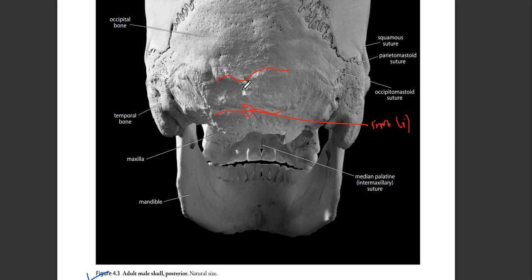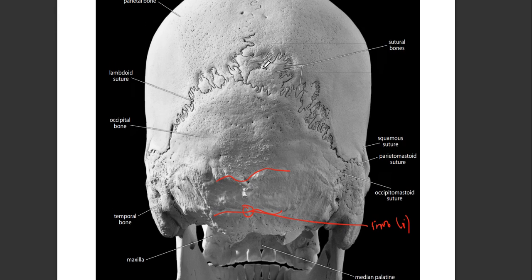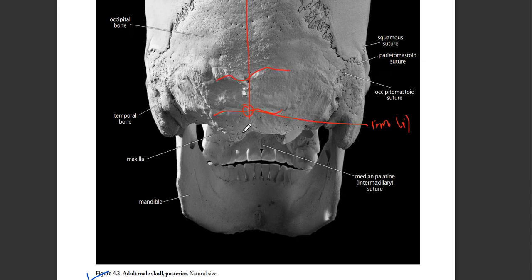Now inion is again a point which is lying on the mid-sagittal plane. So all these points, even the basion, the opisthion, the entire foramen magnum margins are lying on the mid-sagittal plane. That is why they are also important landmarks, because every measurement is taken from either the lateral sides, the most projected point, or the points which are lying on the mid-sagittal plane, to get an appropriate orientation.